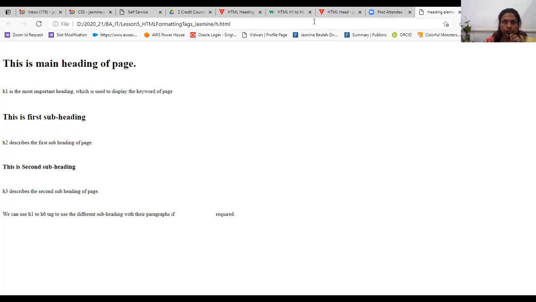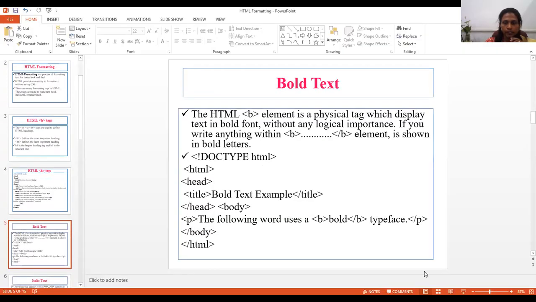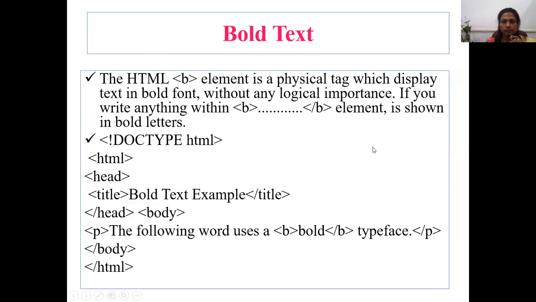The next important tag which we are going to see is the bold tag. The bold tag is represented by the B tag. Any text which we want to have as bold, we can put in a B tag.